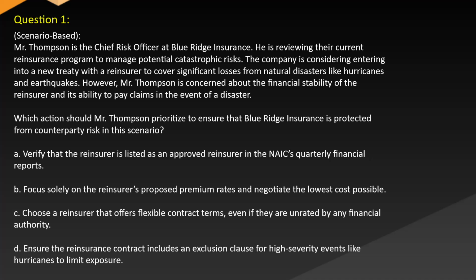A. Verify that the reinsurer is listed as an approved reinsurer in the NAIC's quarterly financial reports. B. Focus solely on the reinsurer's proposed premium rates and negotiate the lowest cost possible. C. Choose a reinsurer that offers flexible contract terms even if they are unrated by any financial authority. D. Ensure the reinsurance contract includes an exclusion clause for high-severity events like hurricanes to limit